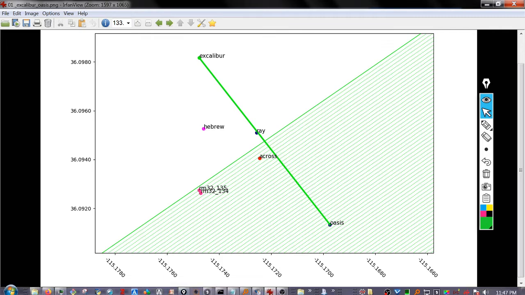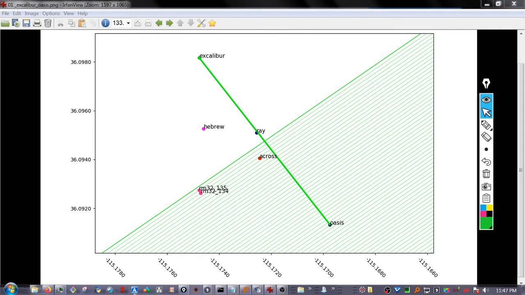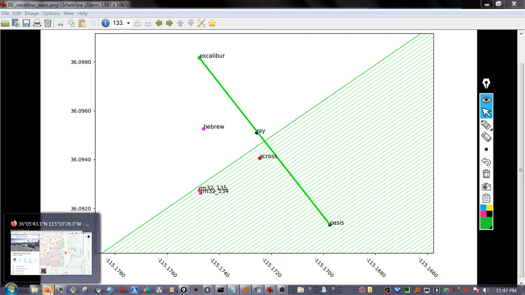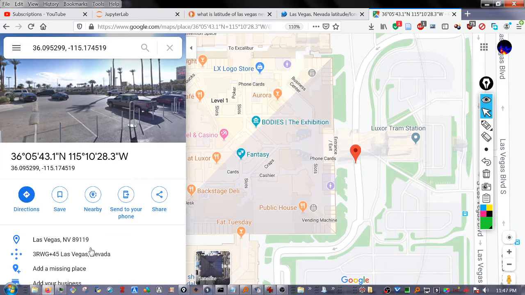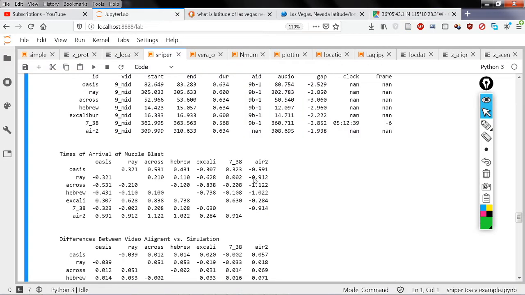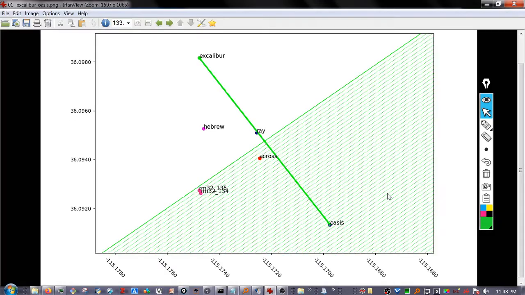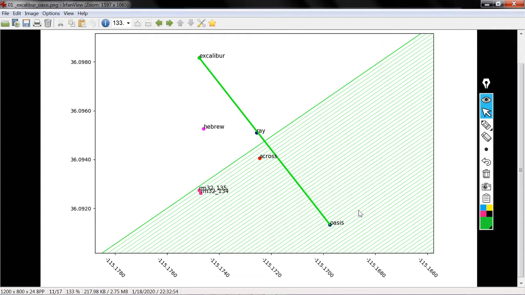So we can go back over to our table and say, in this case we're using Oasis and Excalibur. And we say if we're at the Oasis, then the Excalibur arrived 0.37 seconds later. In other words, the sound arrived at Oasis before it arrived at Excalibur, and therefore on this plot the darkened region is the one where the source of the sound would naturally have